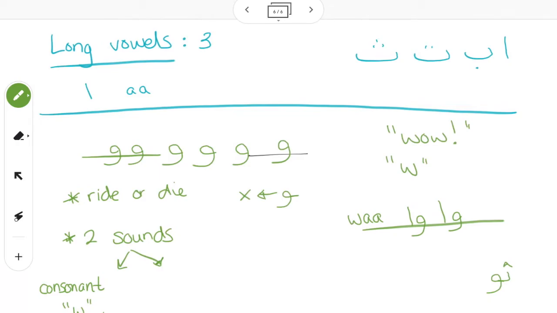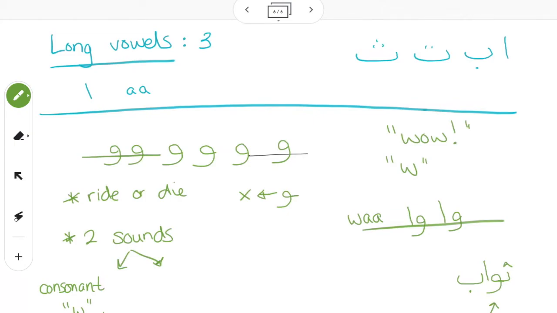Wow connects, but it doesn't connect to what comes after it. The wa, ah. What makes the ah sound? Good, it's an alif. So we're going to put the alif close to the wow, but not connected. And remember, alif also doesn't connect to the next letter. So we're going to put the ba by itself. Thawab. So here, wow is functioning as a consonant sound, making the W sound because it's the beginning of that